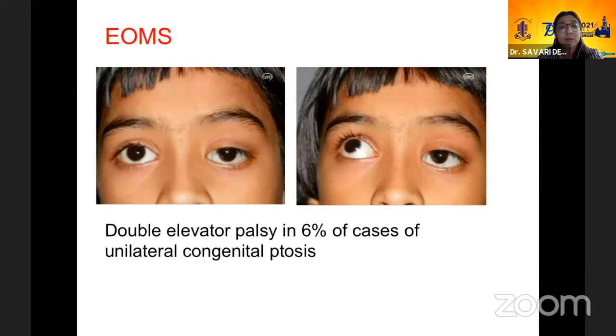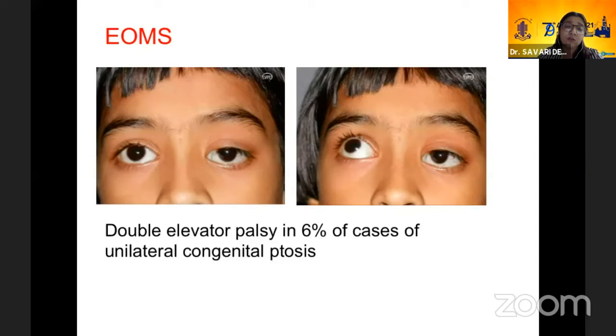Extraocular movements is something that we all check, and you know that there is congenital ptosis, which is associated with superior rectus elevation paresis, and also there is complicated congenital ptosis. But as you can see in this patient, and this was a photograph I borrowed from my fellowship days because I didn't have one of my own, you can also have a double elevator palsy. And this is really important to note down. So extraocular muscles and the movements and its association with any restriction or a syndrome is extremely important.